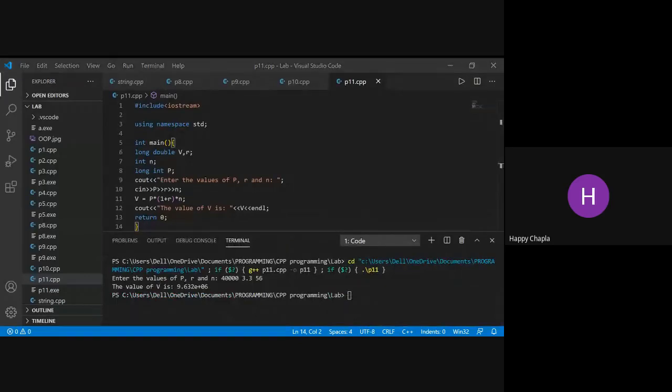But you need to print it 10 times, because the first time my value is this, the second time my value is this, likewise. You don't need to give the values of P, R, and N manually; they will be incremented automatically. There is no need to take the values from a user for P, R, and N. Okay, Yograj? Am I clear? Clear, ma'am, clear.